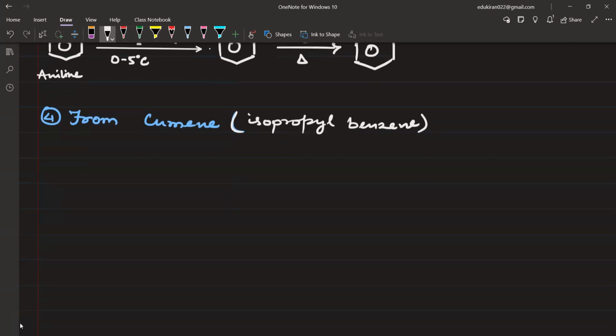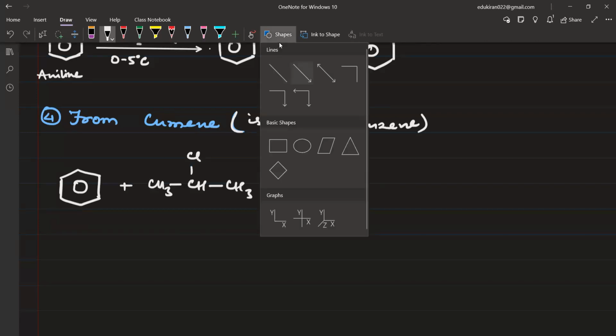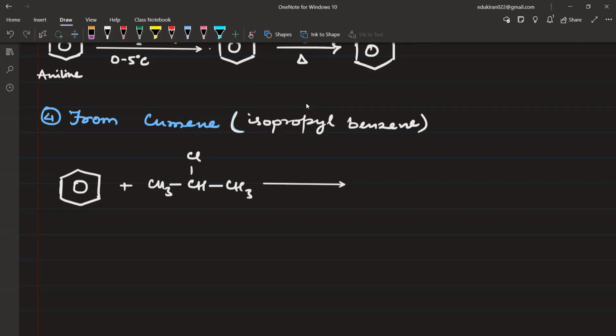First of all, we'll see how to make isopropyl benzene. For this, you will need a benzene ring, and we will do a Friedel-Crafts alkylation reaction. We'll add an alkyl group. Benzene plus CH3, CH3, and a chlorine here. We'll use AlCl3 as a catalyst, and this will give us